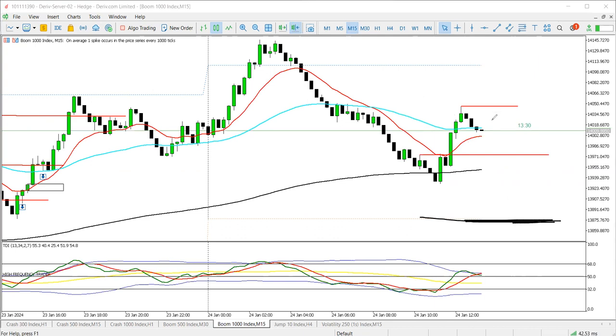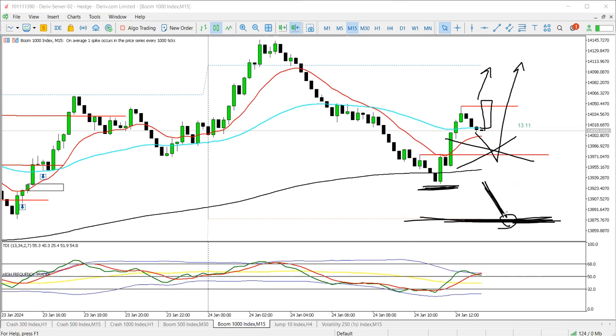So yeah, I think for B1, that's it. If we break here, we're going to buy and target 50 pips. If we come all the way down here, we're going to buy and target 100 pips. But if we break below this area, it means they'll be coming to this level. If we have any positions here, we'll have to cut loss because we cannot hold this whole area because there's also no guarantee that if we hold, they will respect this area. They might actually continue pushing down. So just bear in mind